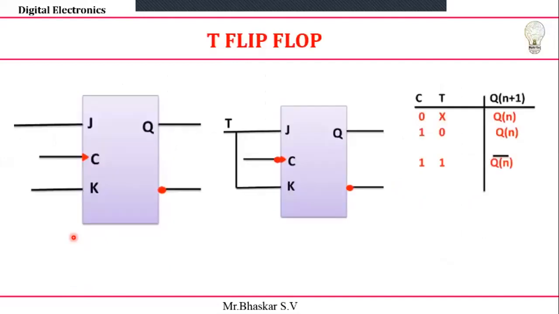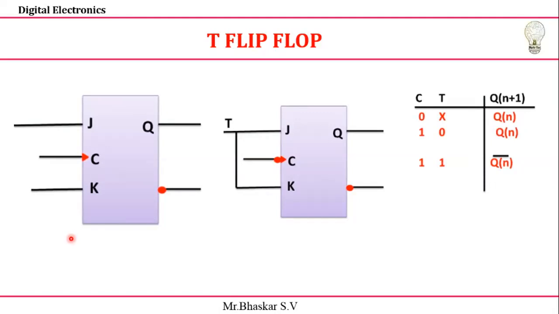Next, I'm looking at the T flip-flop. T is nothing but the toggle flip-flop. It can be constructed using a JK flip-flop because we already know the toggling condition. Toggle is nothing but you get the complement. It's continuously 0, 1, 1, 0 we are getting, right? So here, why JK flip-flop? We already know that if the values of J and K are 1, 1, then the output is toggling. So it's very easy to construct.